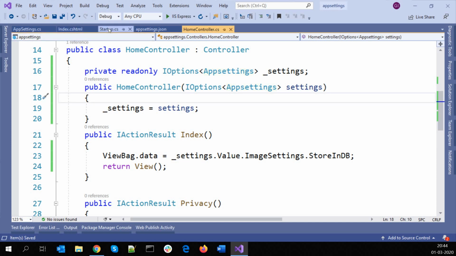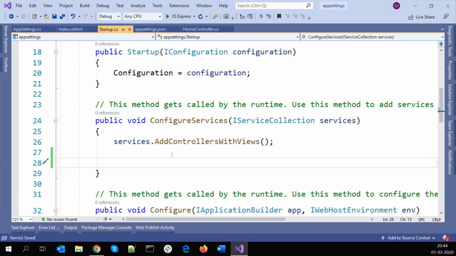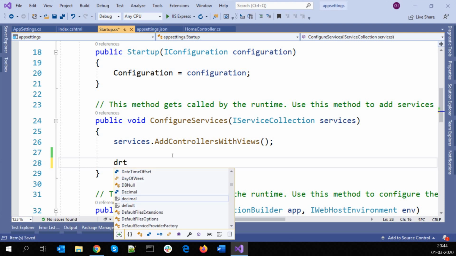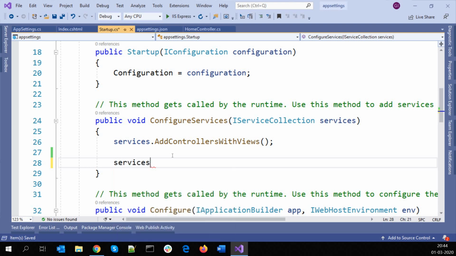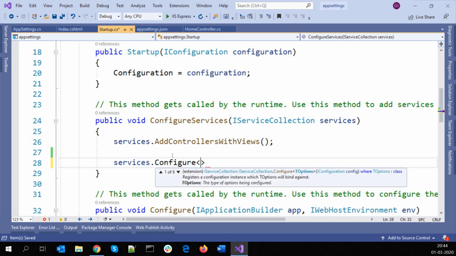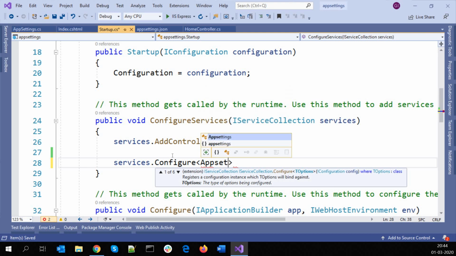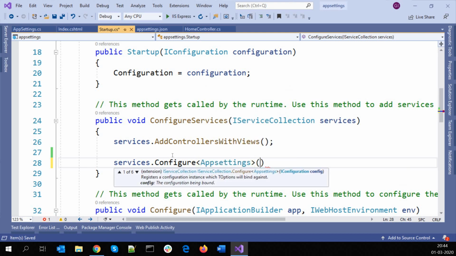So let's go to startup.cs, go to the configure services method, and then configure the fifth way here. So services dot configure, and it's app settings of configuration